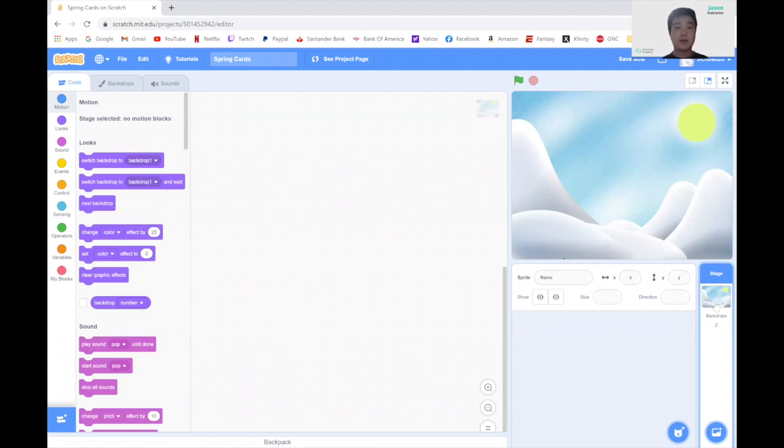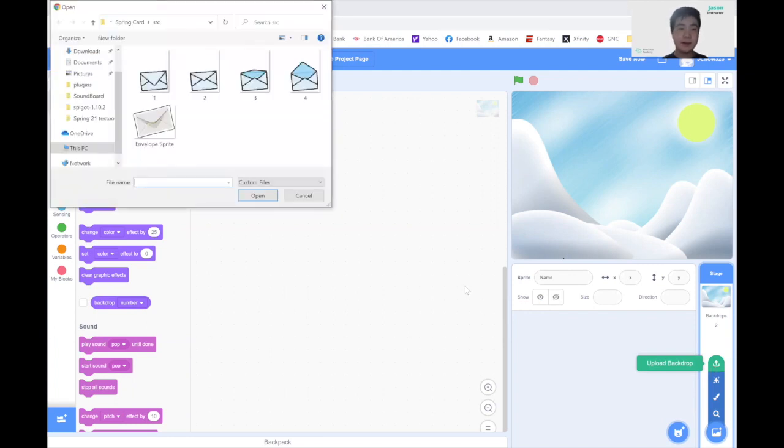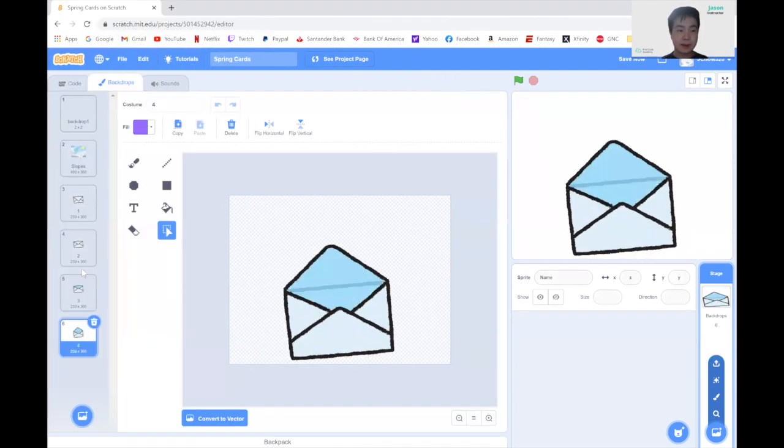Now I have to upload 4 more backdrops to create the animation of the envelope falling from the sky. To do this, you can use the link in the description below to download the 4 backdrops. Then click on choose a backdrop, go up until you get to upload backdrop. I have saved the 4 files here, so I will select the 4 and click open. Now the 4 backdrops have been added to my backdrops. If I go back to code,